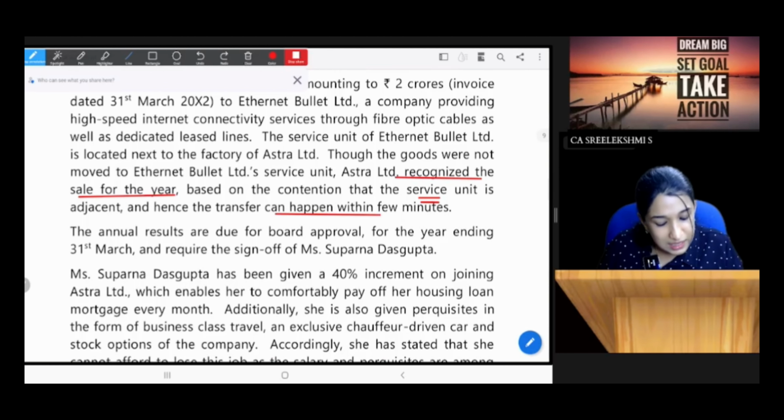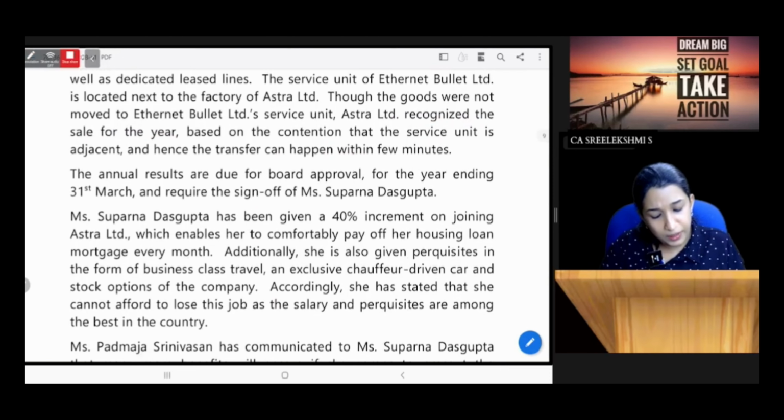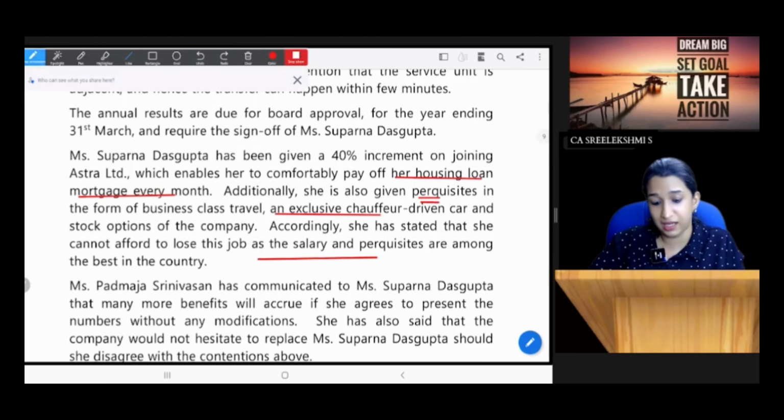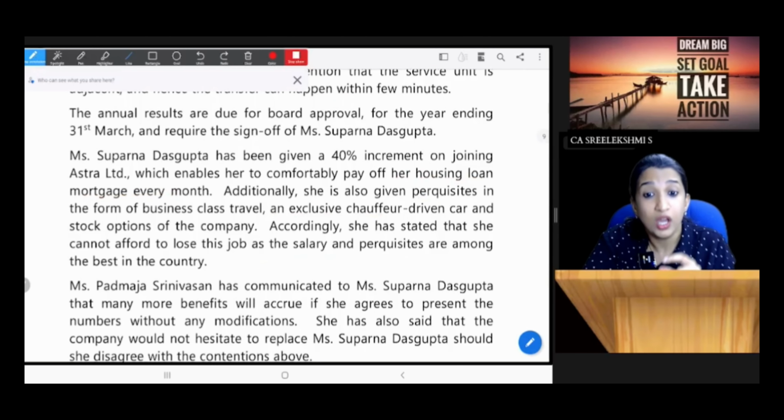The annual results are due for board approval for the year ending 31st March and require sign off of Suparna Dasgupta. Suparna Dasgupta, there is a mistake here. They have recognized 2 crores revenue without discharge of or without transferring the control of the goods and services to customer. Suparna Dasgupta has been given 40% increment on joining,